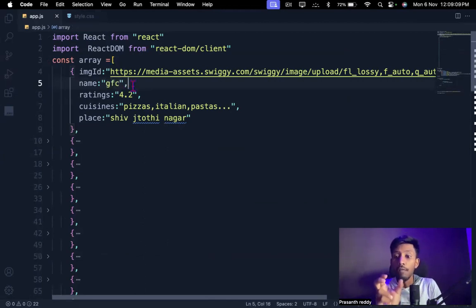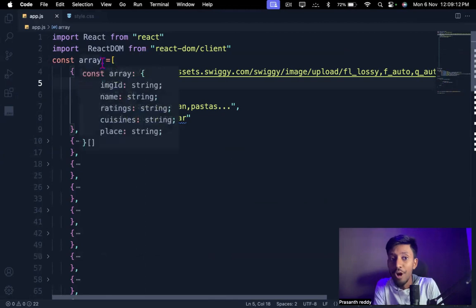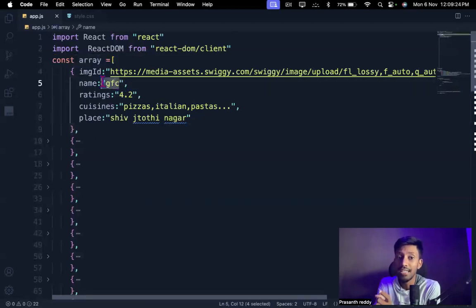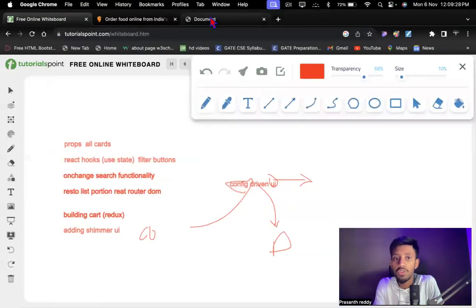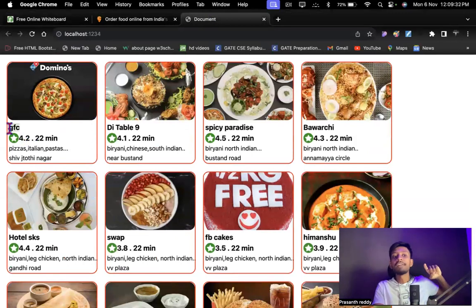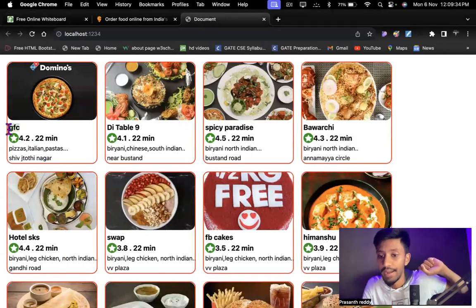Now, see, config. What did I config here? I configured this UI. I just gave one configuration to my UI. So now, if I make any changes inside my config, this is what we call config, the same config is also making the changes inside this UI. It's a GFC. Now we are getting the GFC over here, right?